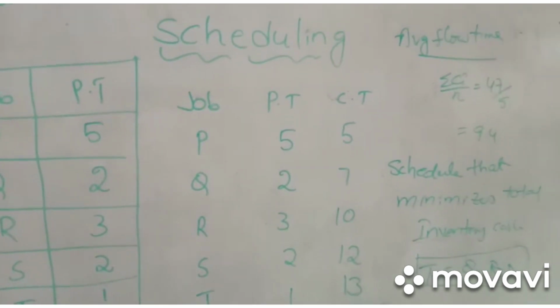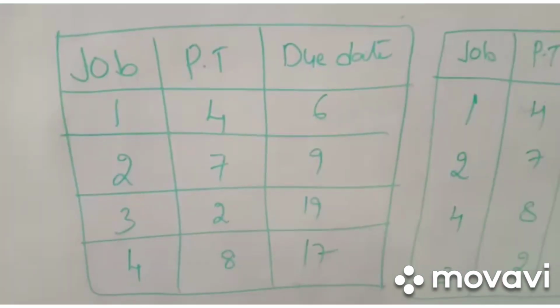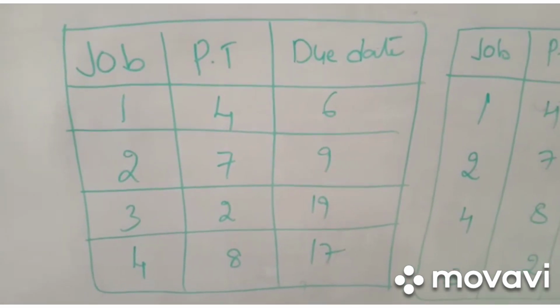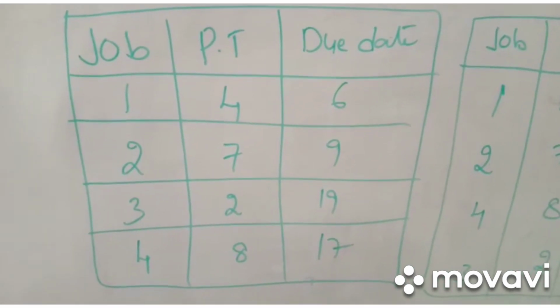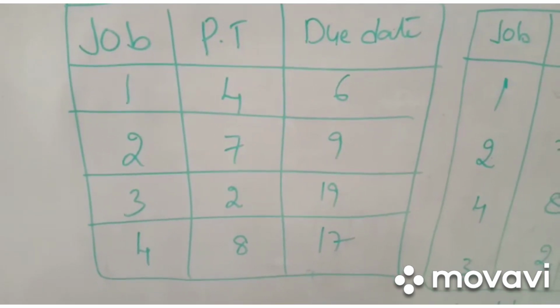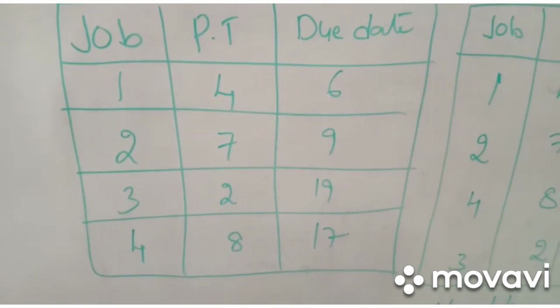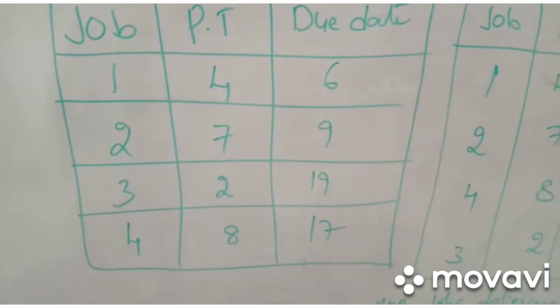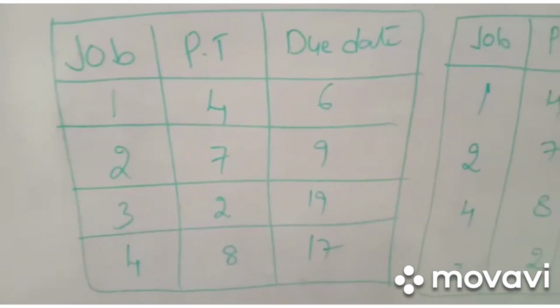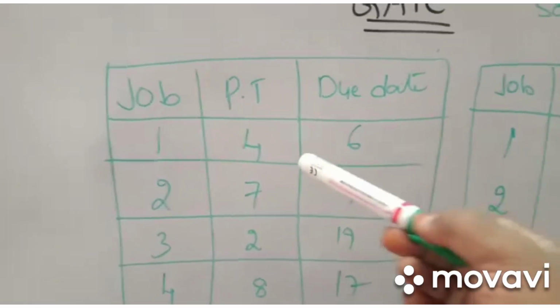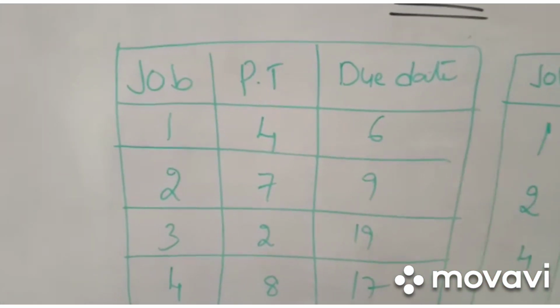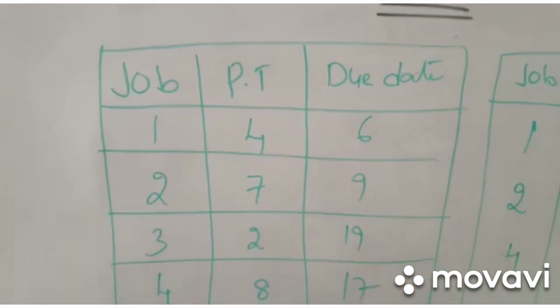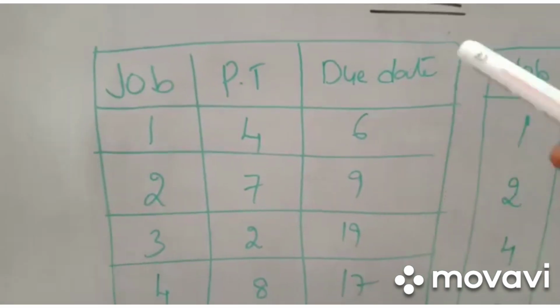Okay, right. Thank you. Try to solve the problem based on due date. In the earlier class, we tried to solve the problem on shortest processing time, and the next item is due date, earliest due date, whatever it is called. So same process, but in the last class, for shortest processing time, you had only 2 columns, whereas in this case you have 3 columns. That is what we call due date.